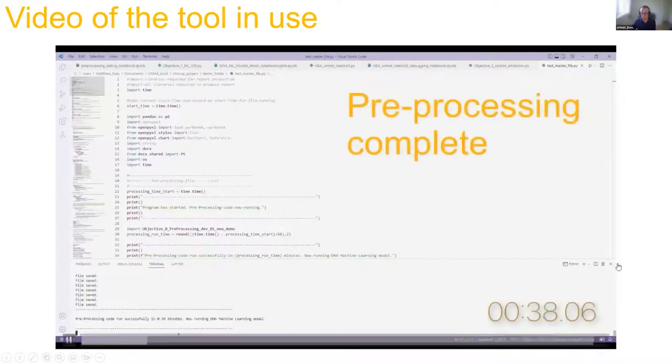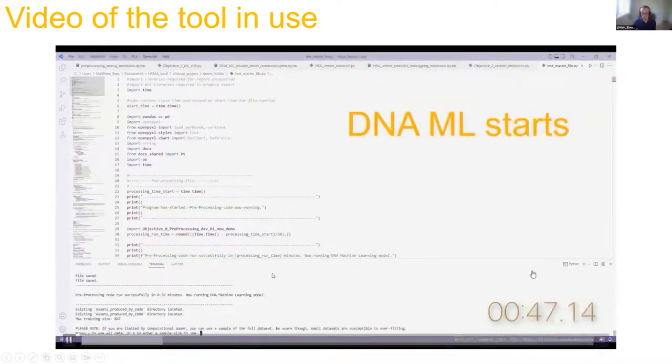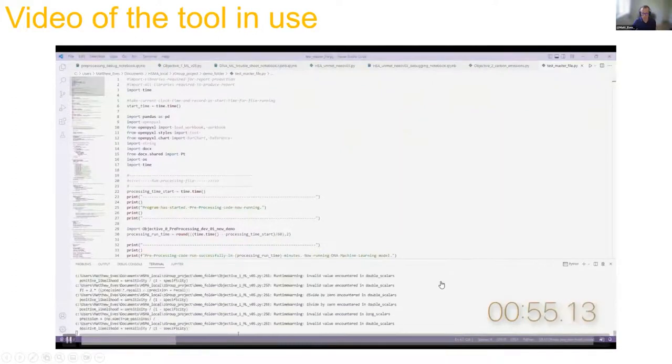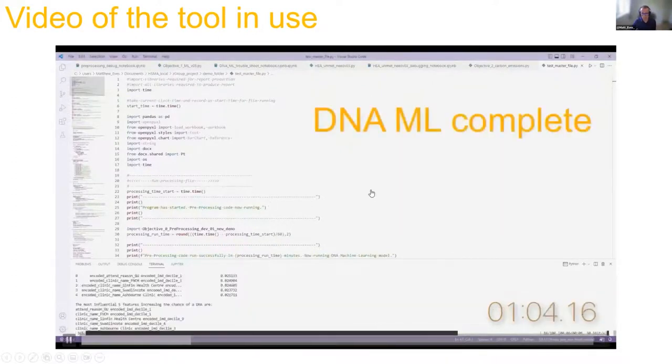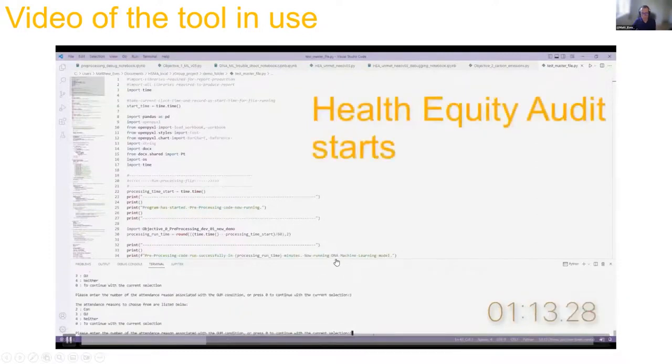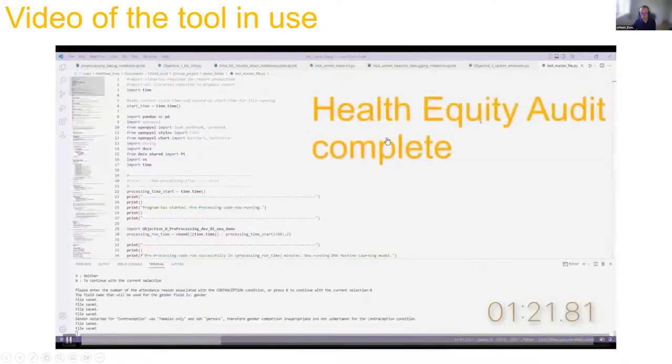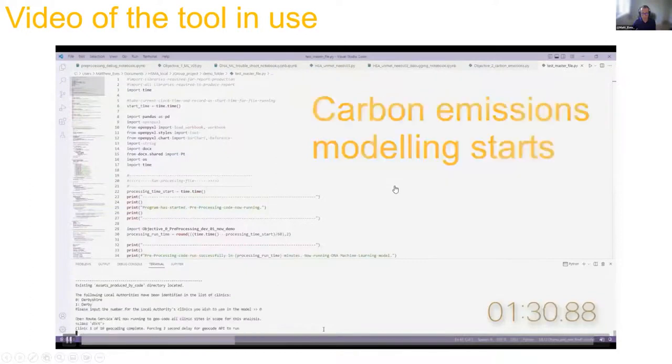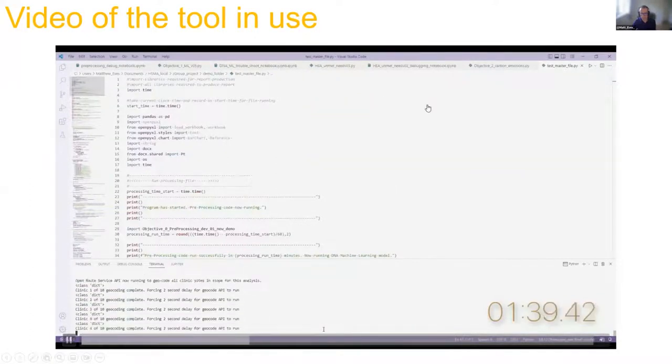So where a text value is missing, that's the word "missing" that's used as a replacement, and where it's a numeric value, it's the median value that's used. Subsequently, the machine learning model takes place and has identified the optimum, how the health equity audit is completed using parameters from the user. The carbon emissions modelling is now taking place, so it's geocoding all of the clinics in